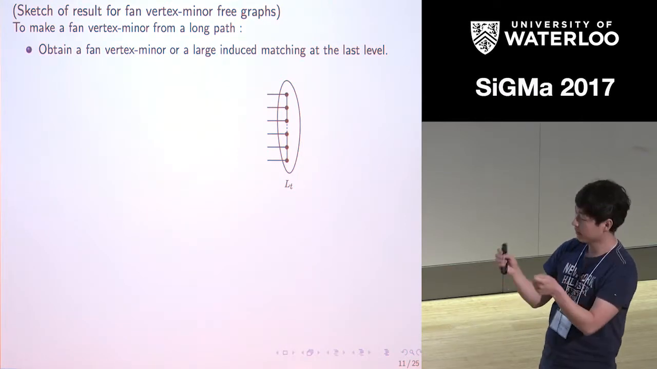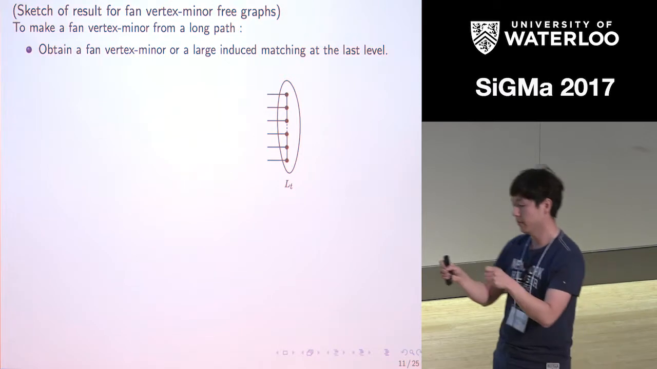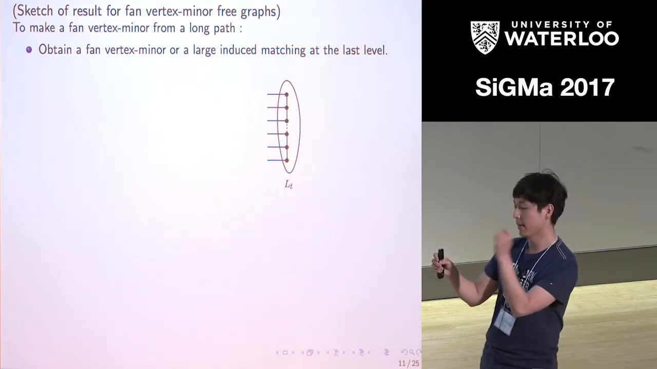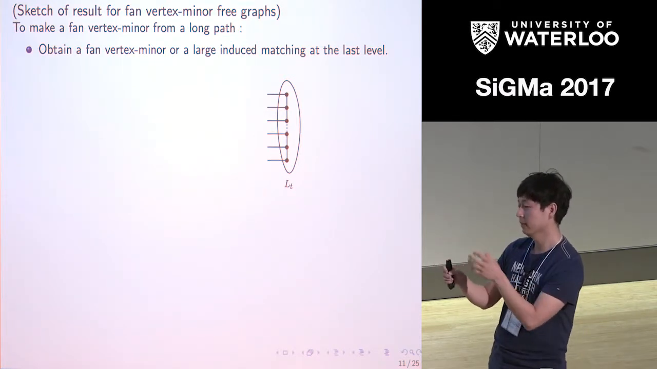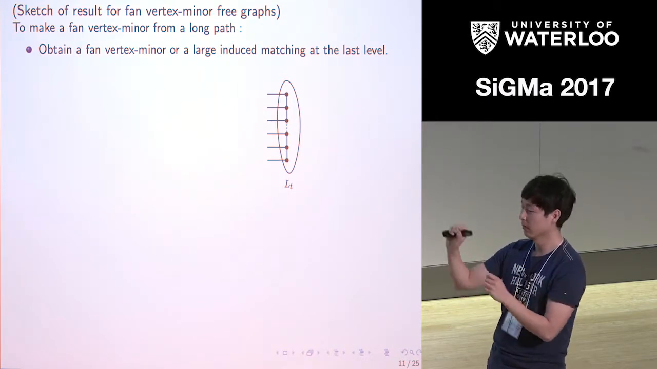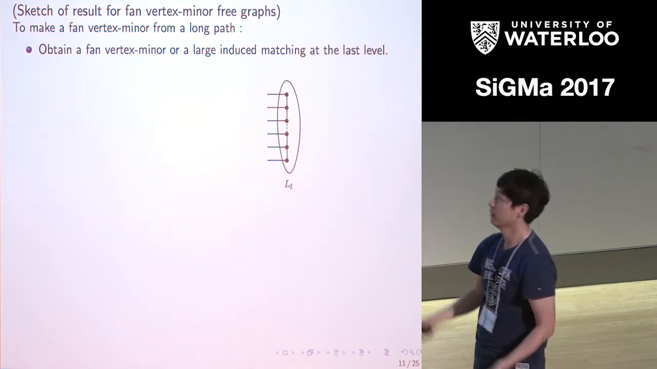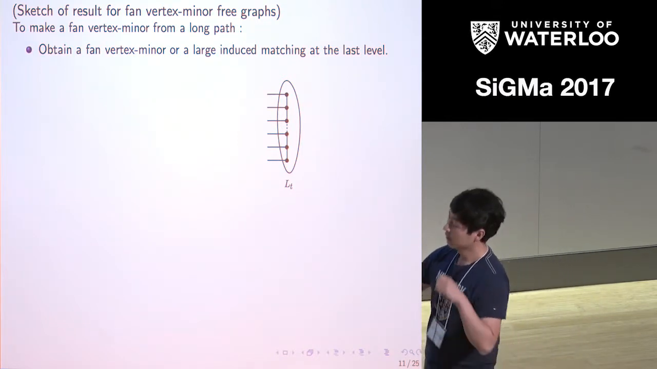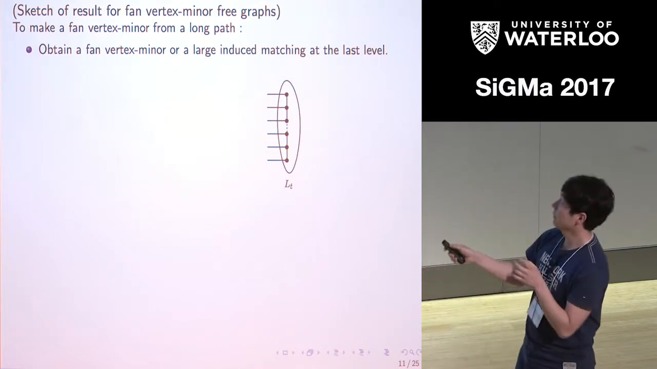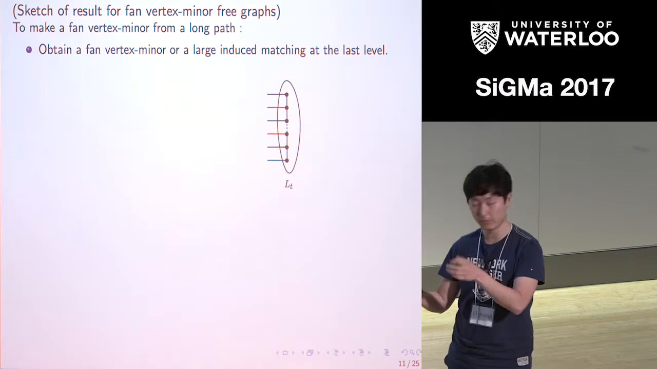And then look at the vertices having neighbors on L_t. If you have a vertex which has many neighbors on this path, then you suddenly find the fan graph as a vertex-minor, because you can shrink a degree 2 vertex by doing local complementation and deleting the vertex. So we can assume that every vertex in the previous layer has a bounded number of neighbors